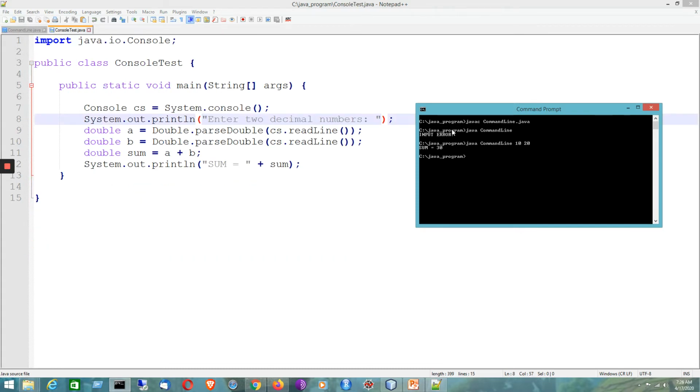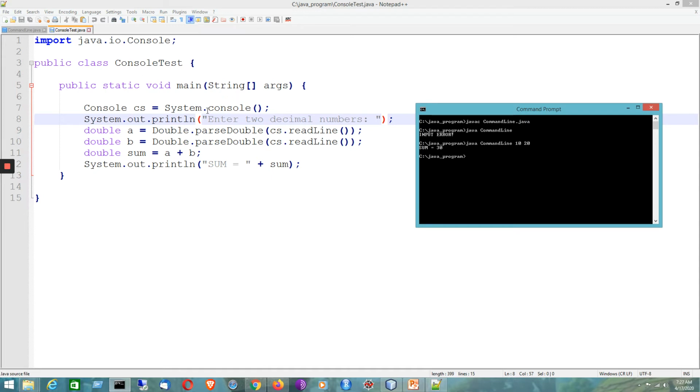Now let's consider the next program in sequence, which is related to taking keyboard input using the java.io.Console class. For this, we need to consider a program, and just have a look at the first statement in the program. Here we have a console method, which is a static method of the System class, and when this method gets called, it returns an object of the Console class.